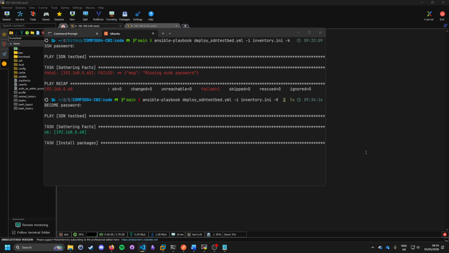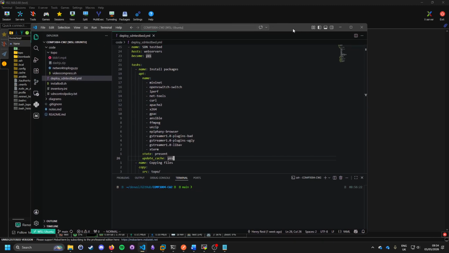While that is running, I'm going to explain my Ansible script. So I have all the installation packages for the SDN testbed. That would be Mininet, the switches for me to change the bandwidth on, iPerf for network tools, NetTools, curl, Apache for running the Node.js service, Epiphany browser for viewing that Node.js server, and some plugins to help me run